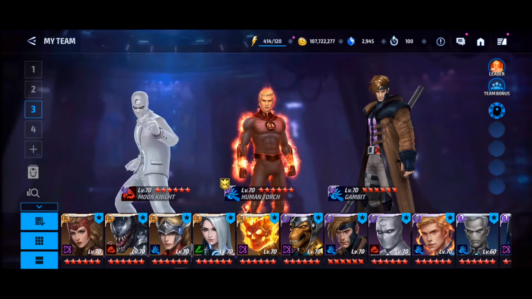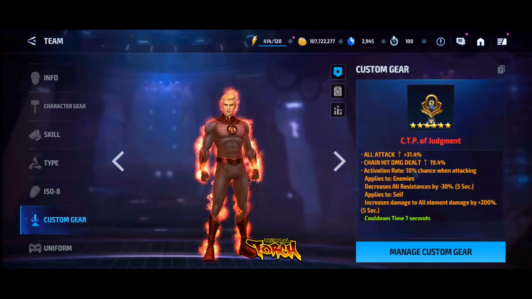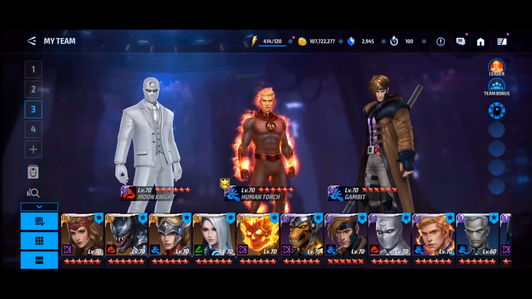And Human Torch with the CTP of Judgment, and not even a mighty one, is really getting the job done with like a 30 seconds clear. He is a beast, and I totally vote for him. And after him, Gambit. He is really a beast also. That's for me, guys. I hope I helped you decide which character to build as a hero for the next DPS killer